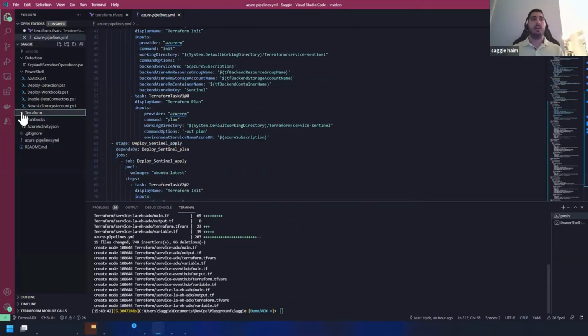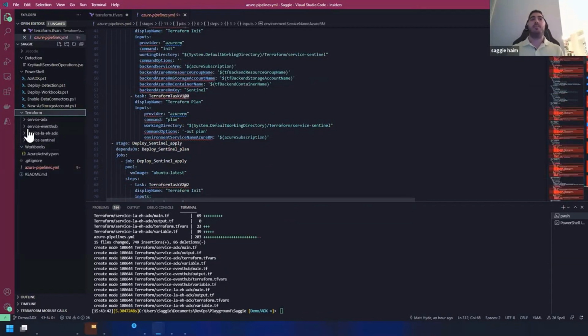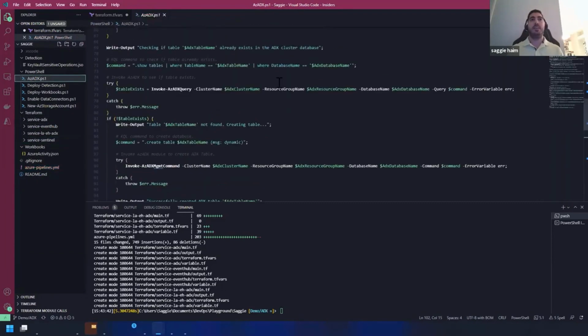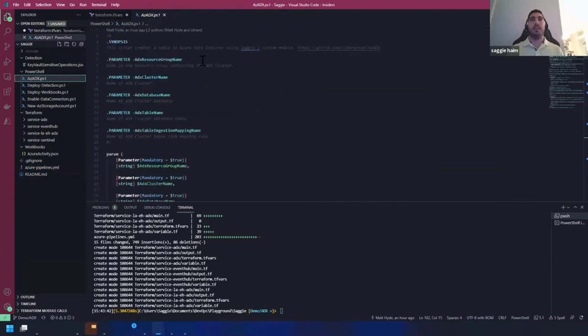If we go now and look at the Terraform, now we have more services: we have the ADX service, the Event Hub, and the Log Analytics to ADX export. The Sentinel stayed without change. So now using Terraform, we can automate the environment, and using AZDX, we can then automate the